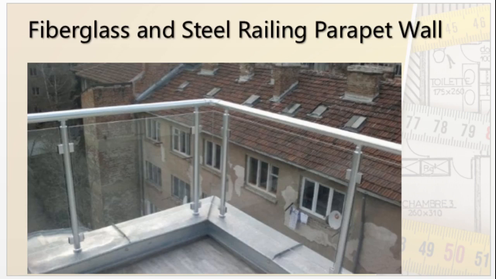However, the next portion is the parapet wall. As you can see, this is an exclusive type of parapet wall we can see in buildings, although most commonly we see brick walls as parapet walls. The parapet wall is used on the roof, and its main use is to protect people from falling down from the roof. So this protection is provided by the parapet wall. It may be a fiberglass steel railing, or it may be made of brick walls, etc. However,